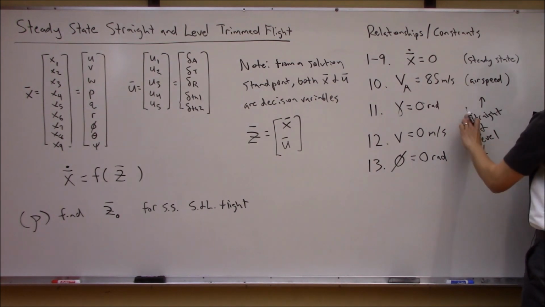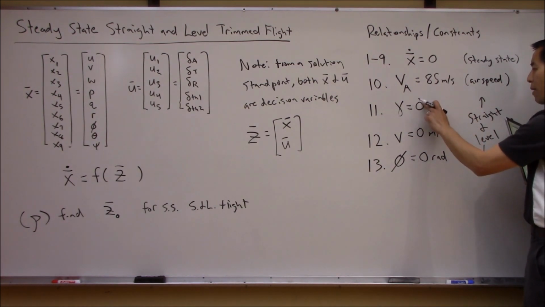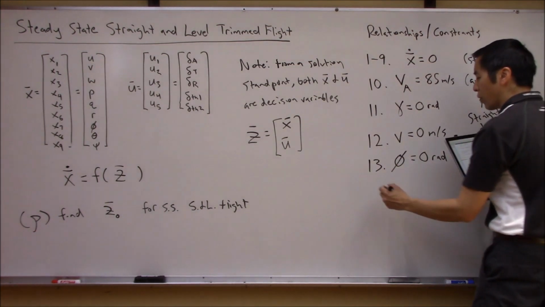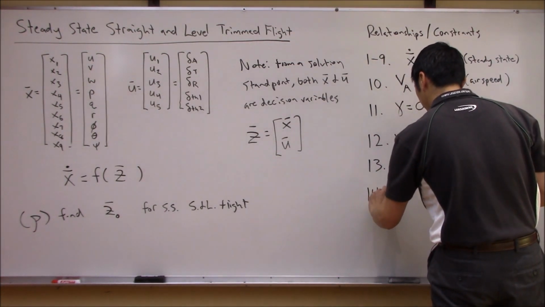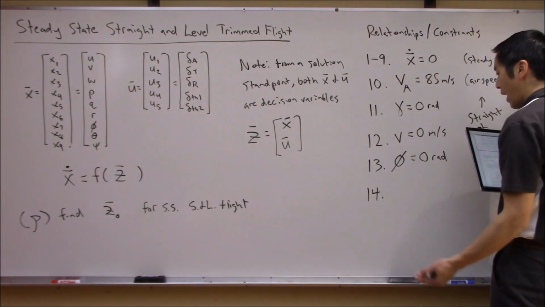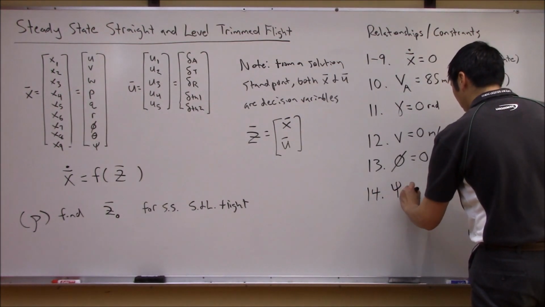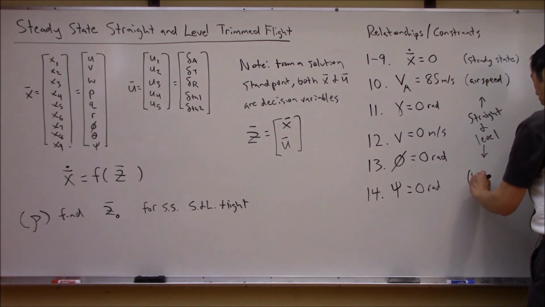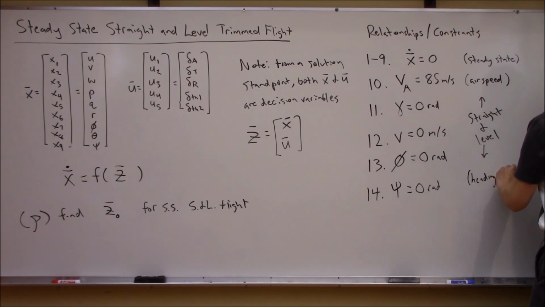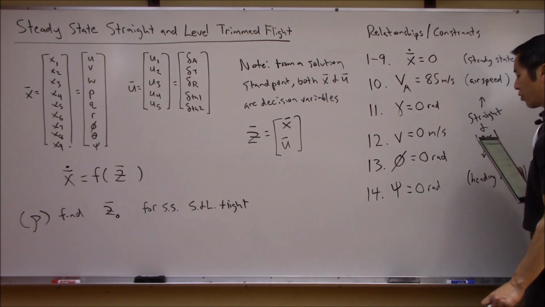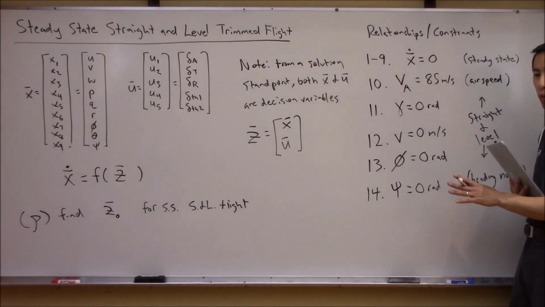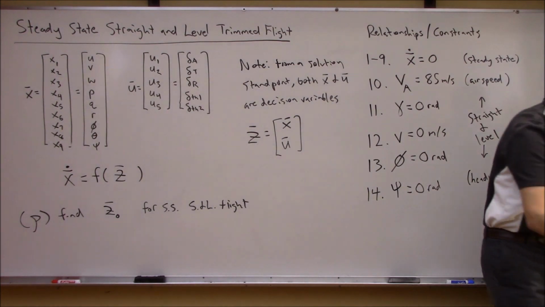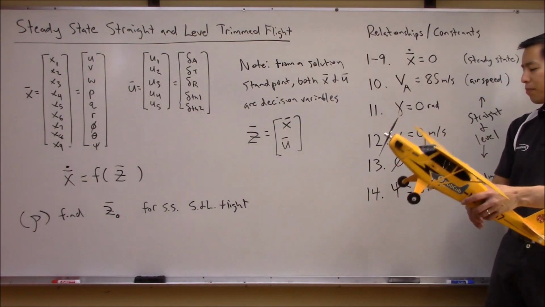So mathematically, when somebody says straight and level, this is our mathematical interpretation of what it means to be straight and level. Okay. Now, the last thing that we want to add, let's add a 14th constraint, or a 14th relationship, and that is this. I'm going to write it down, then we'll talk through it. So I want psi equal to 0. Basically, if you think about what this means, heading north. Okay? So technically this means I need the heading angle pointing north, not the course angle. There's a slight difference that we're going to get into later when we start discussing navigation equations. But long story short,